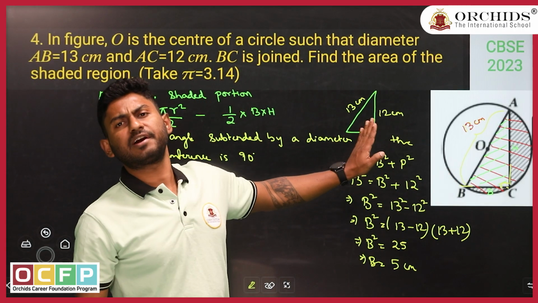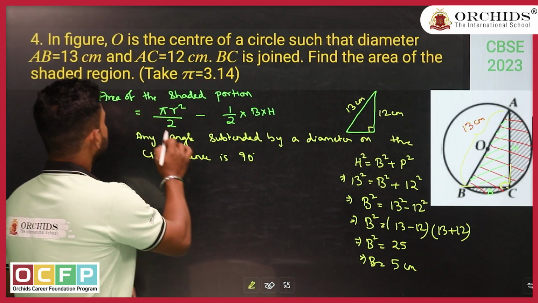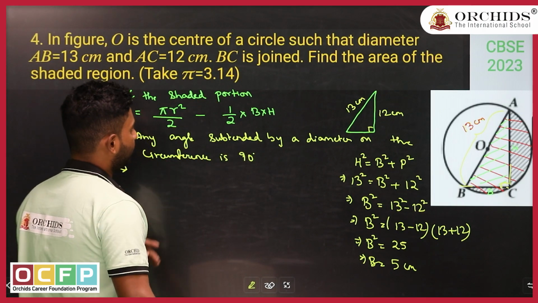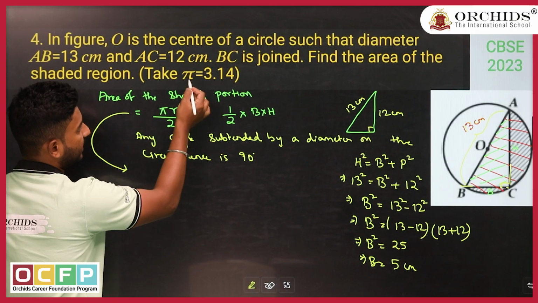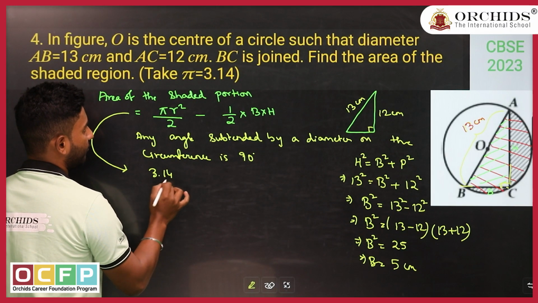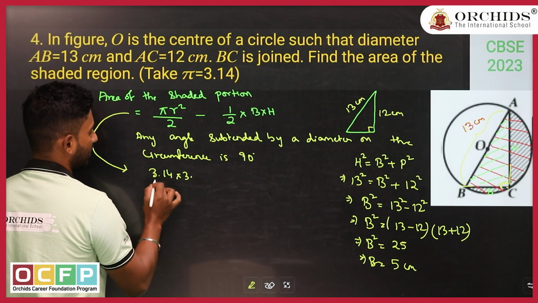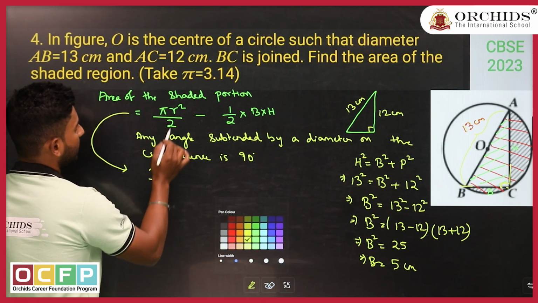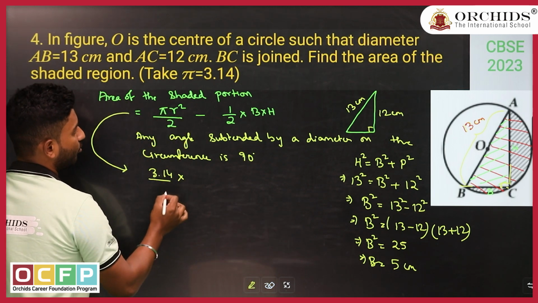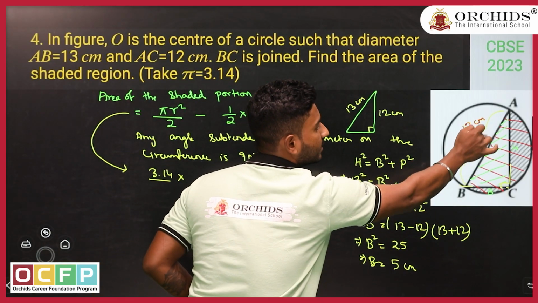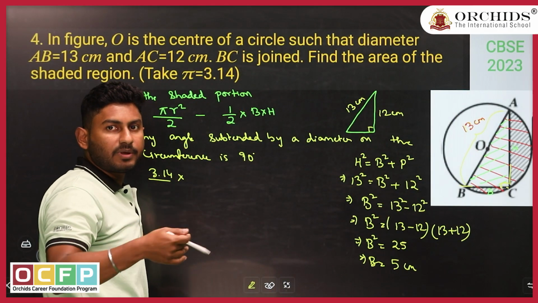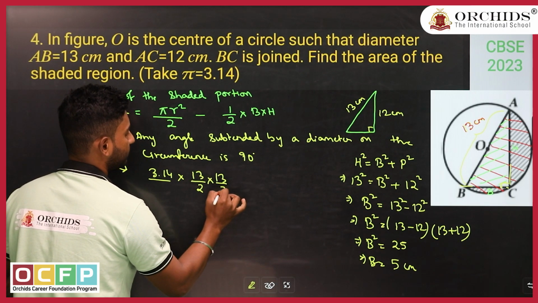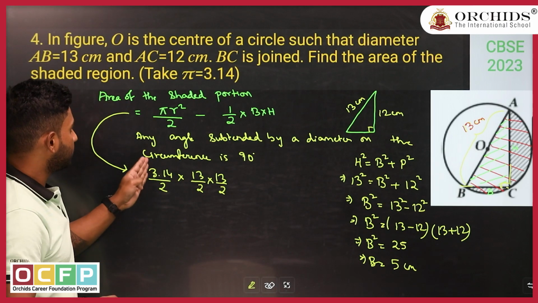Fine. Now, easily I can find out the area of the triangle. Now, just go through this one. Area of this particular shaded portion I have to find. Put the value. What is pi? Pi, they have asked you to consider 3.14 into 3.14, that is pi into, what is r square? If 13 is the diameter, r will be half of it. So, basically 13 by 2 into 13 by 2. Yes. So, that is pi